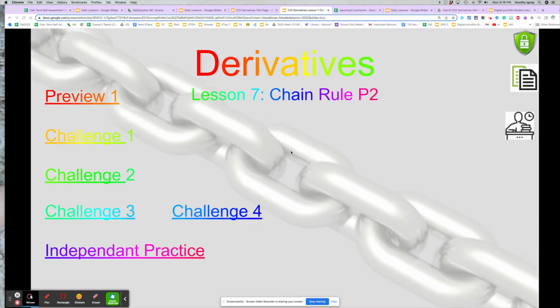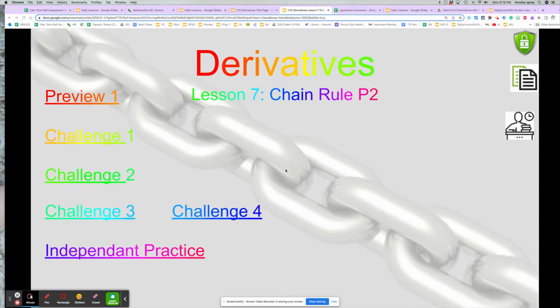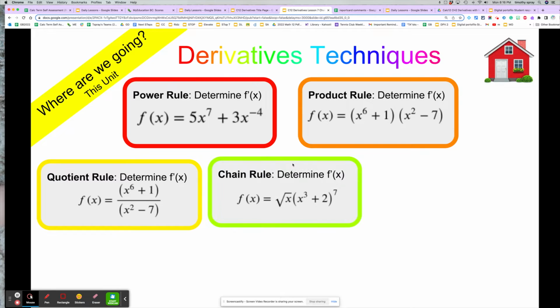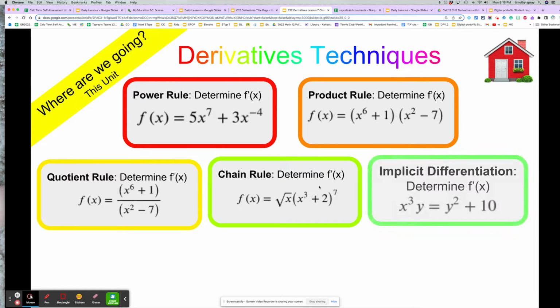Okay, friends, we're going to take a look at the chain rule part 2 today, and let's get going. So we've looked at the power rule, product rule, quotient rule. We introduced the chain rule last time, and we're going to spend a little bit more time on the chain